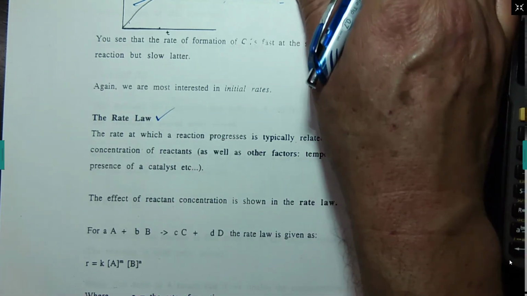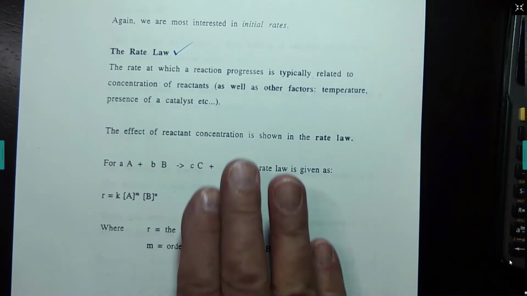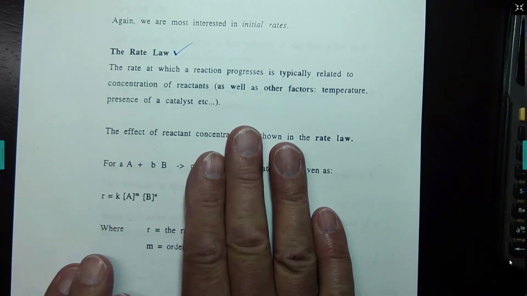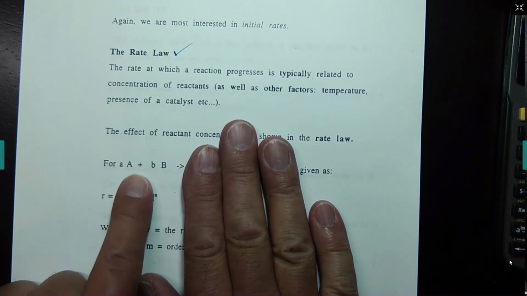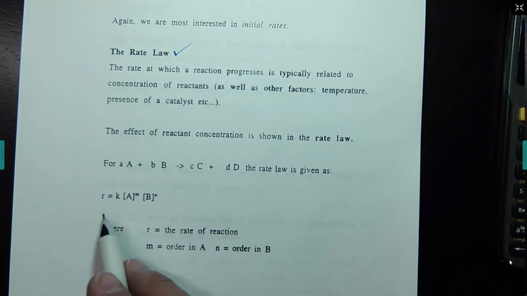For any particular reaction, you can write a rate law. The rate law is always written in terms of the reactants, not the products. We don't really have these in the rate law. We only have the reactants in a rate law. How fast is that reaction going? Oh, the rate of the reaction